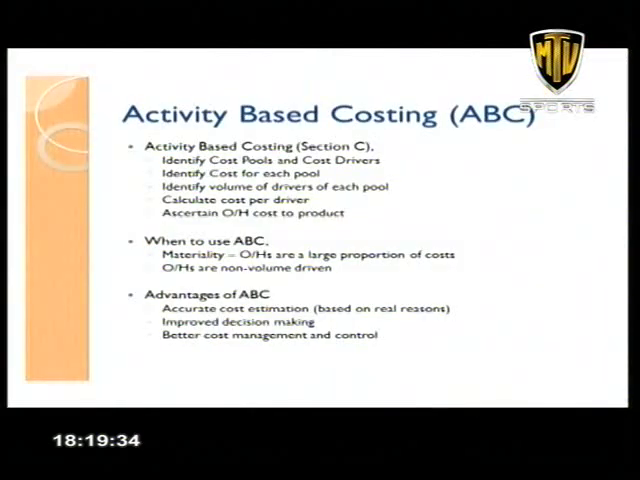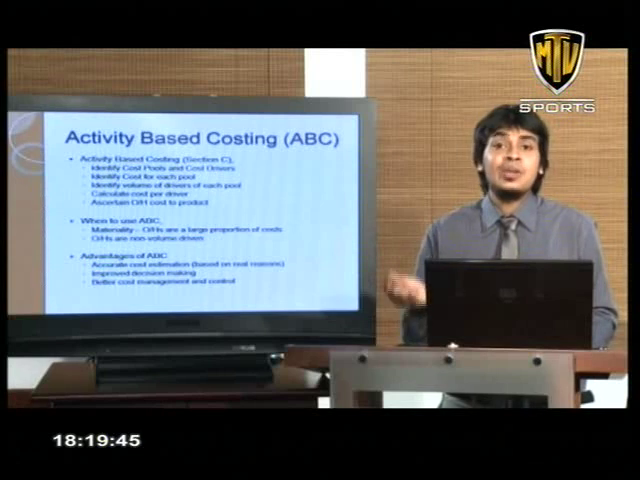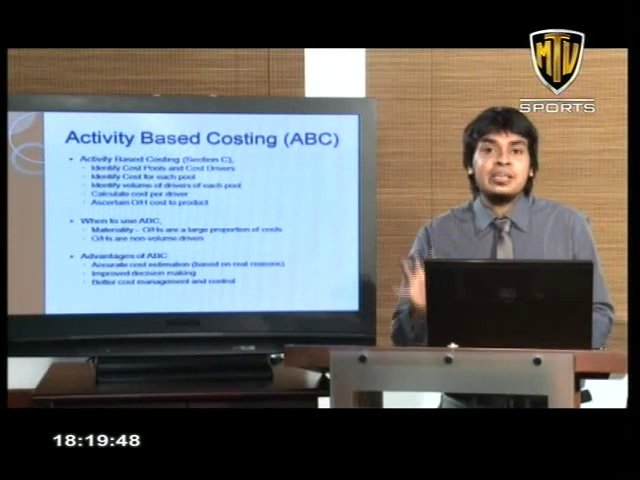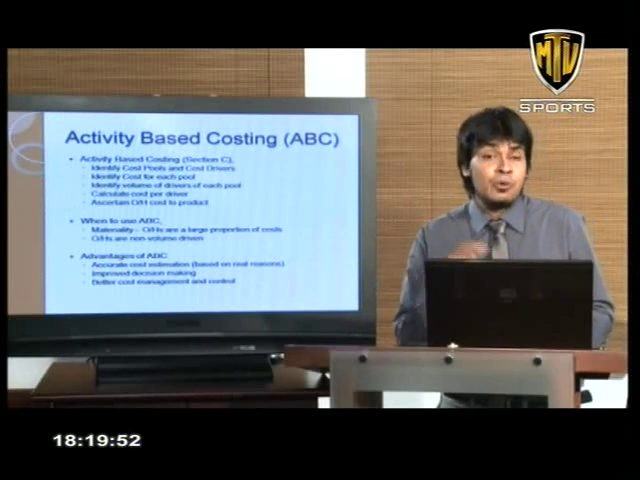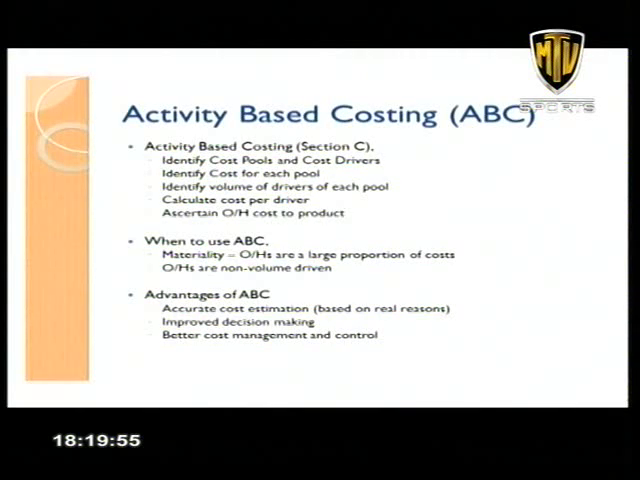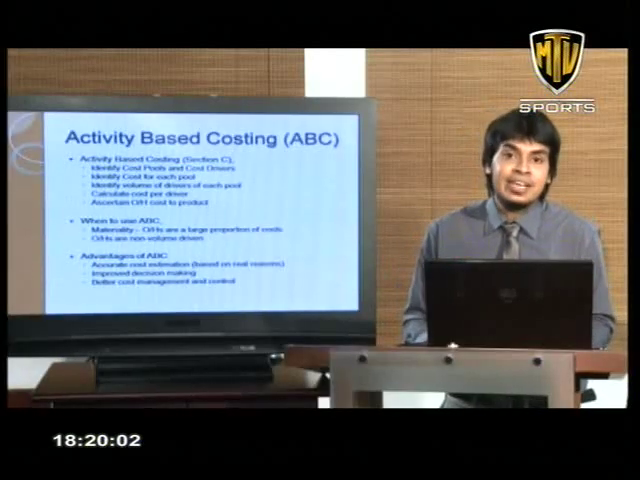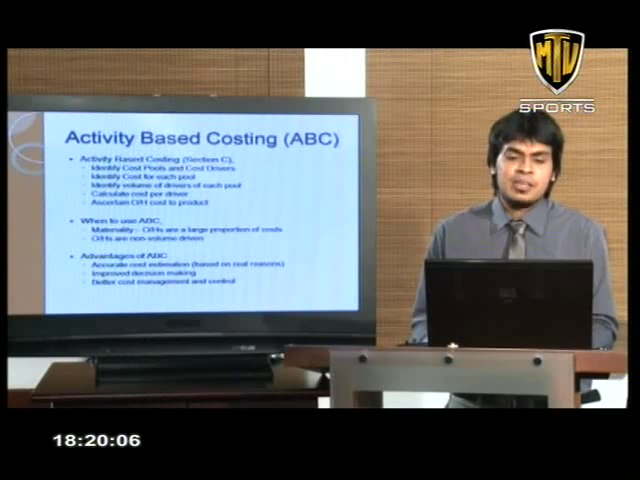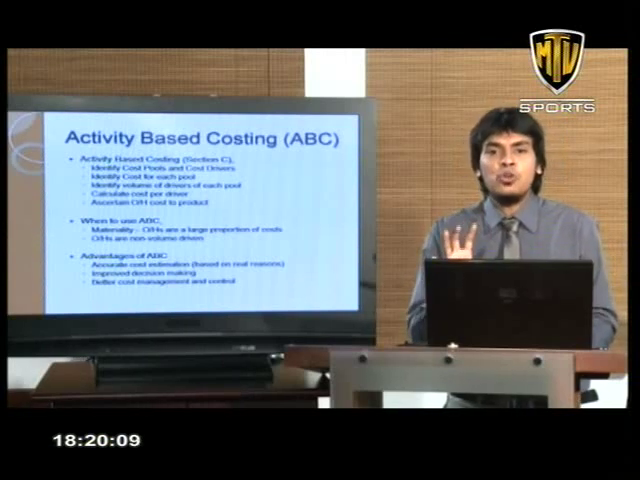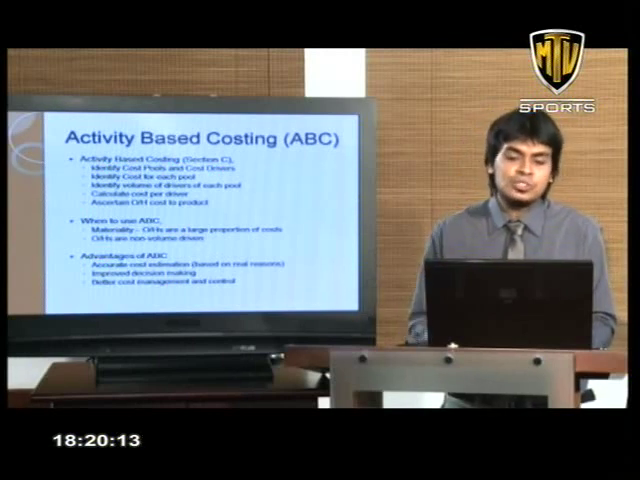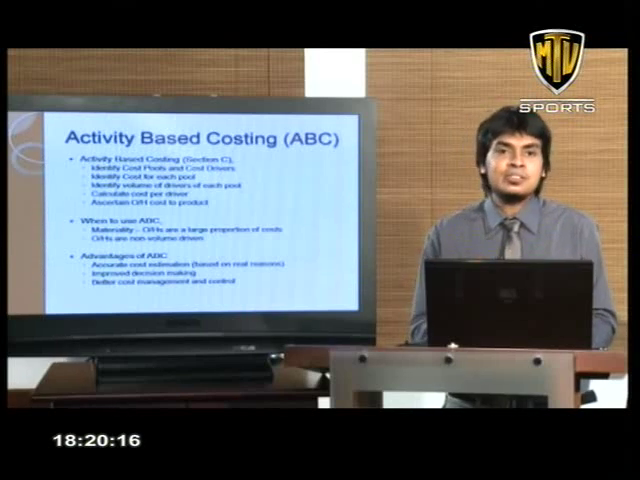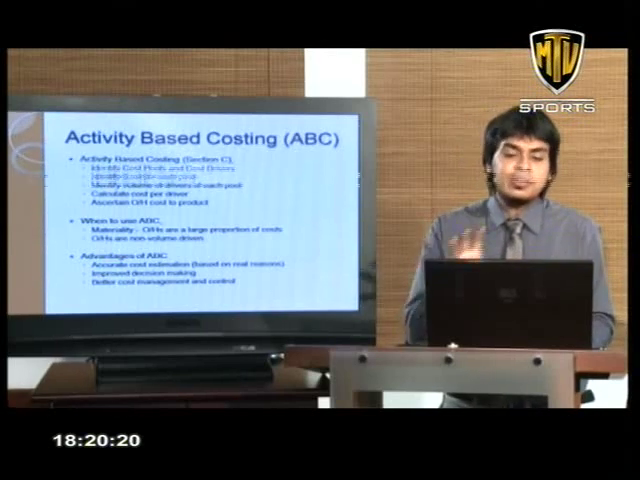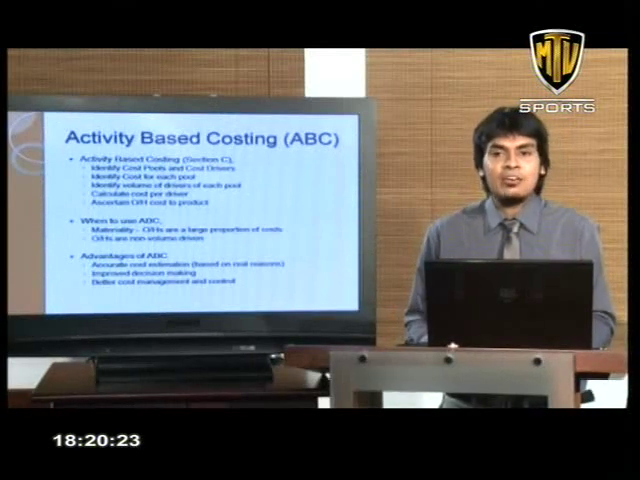And after that you need to identify the volume of drivers for each pool. Now the number of drivers belonging to each pool, this might involve a small calculation that you would have to calculate based on information given in the question. So upon finding the volume of drivers for each pool, you calculate a cost per driver. And then this cost per driver is used to ascertain your overhead cost to the product. So it's very simple as long as you follow the right approach. It's an area which most of the students tend to go wrong, mainly because they approach it unprepared. So as long as you're prepared well, it's a very easy area where you can score a lot of marks